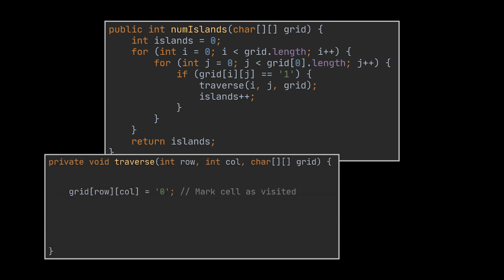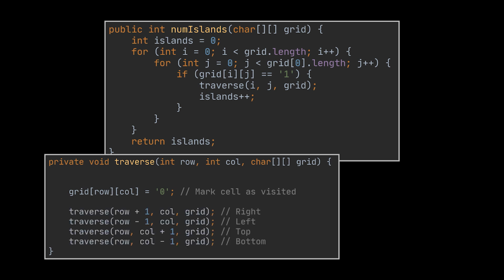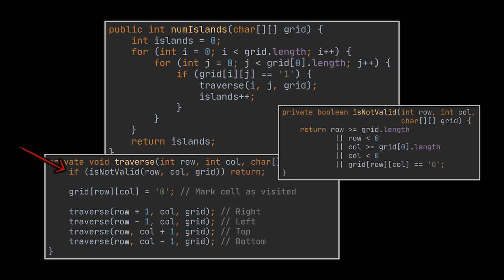Now, to traverse a single island, we went with DFS as well, and to mark its elements as visited, we are simply switching the 1 to 0 as we just mentioned. To traverse the adjacent elements of the cell we are currently at, we are simply calling this same method recursively by incrementing or decrementing the appropriate index, since, as mentioned in the question, an island can be propagated vertically or horizontally only. Finally, before we make any of these calls, we need to make sure that we are still within the boundaries of our matrix.